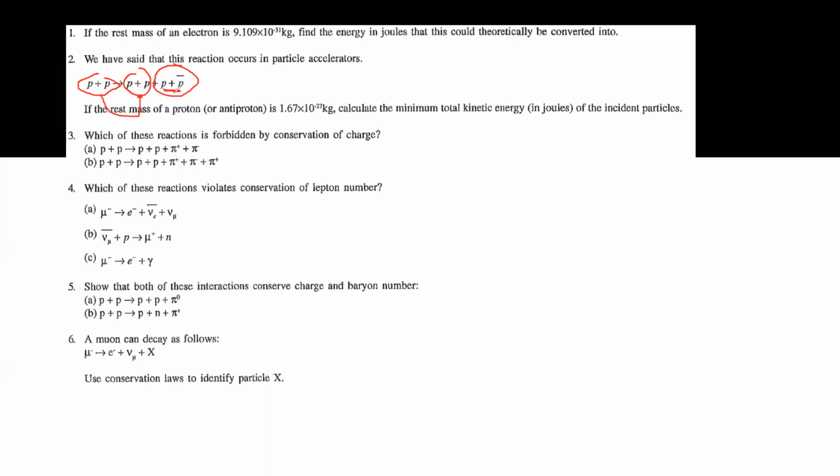What about these two? To produce this proton and antiproton, what we need is energy, and where will that energy come from? It will come from kinetic energy. So we will use the formula E is equal to mc square. So what m will I substitute? That m will be the mass of proton and the mass of antiproton, and multiplied by speed of light square, I will get how much energy is needed for the incident particles. Is it clear? The second one.